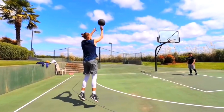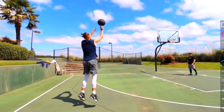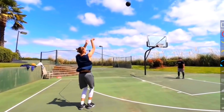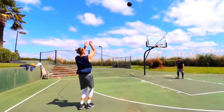Now, when he's releasing the ball from this angle, it looks like his elbow is pretty straight. When he releases that ball, we can see that it looks like it's probably going off his middle finger, which is what we are looking for. By shooting off your middle finger, it's going to allow that ball to go perfectly straight, and he holds his follow through. Now, he does bring it down quite quickly, but he does hold it by the time he lands,